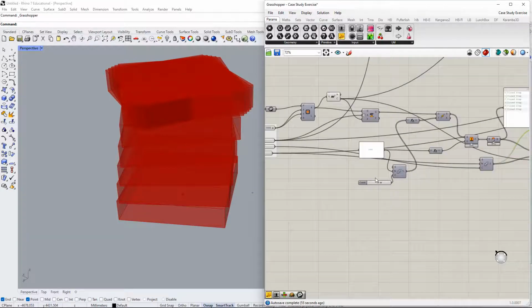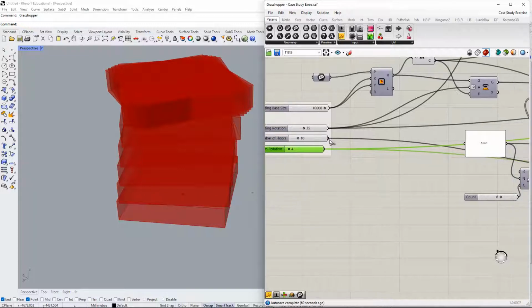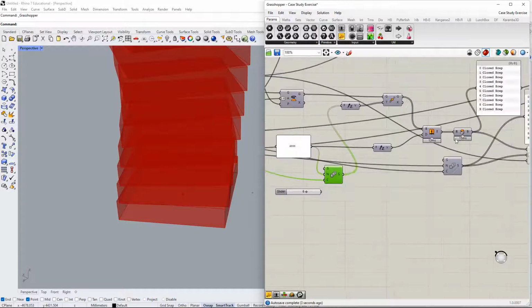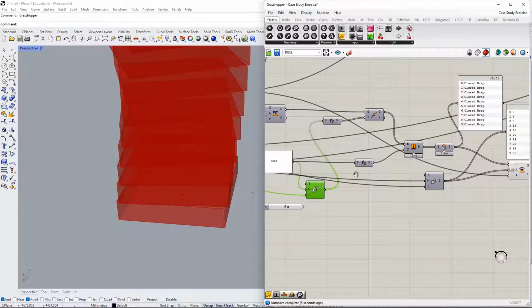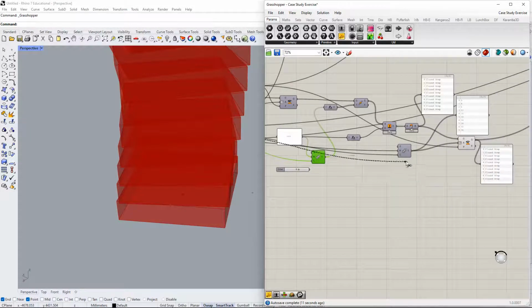And what we can do is simply, I'm going to have this, that is the floor number to the count, and make the amount of floors be the same amount. Again, I'm going to use the same slider that I used in here, but I'm going to connect it to this series